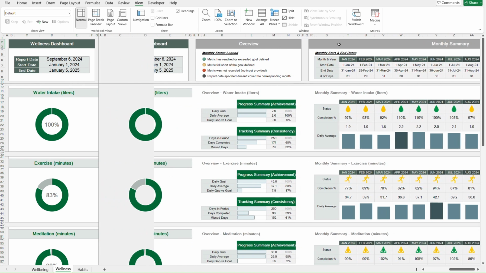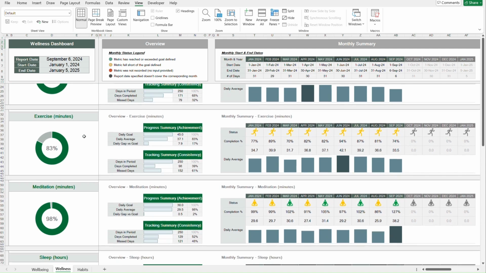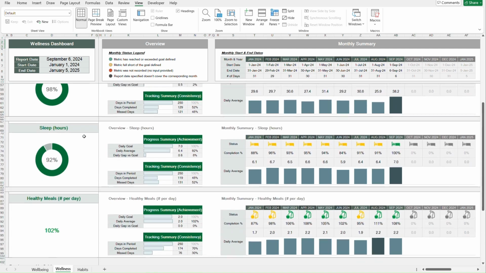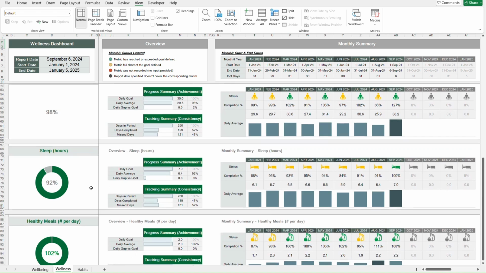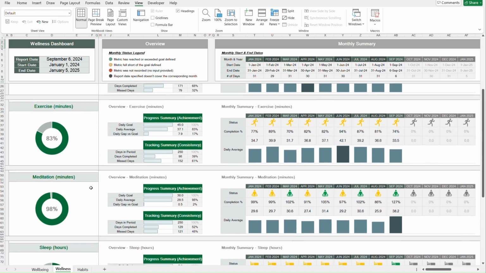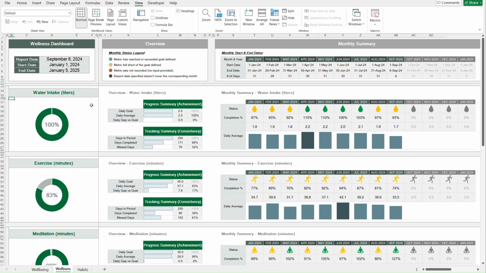Notice now that the second section of the dashboard, the metrics section, is implemented in the rows, so it goes horizontally rather than vertically. And also see that each one of the 5 metrics, water intake, exercise, meditation, sleep, and healthy meals, follows the same structure. So let's use water intake to illustrate how this dashboard works, and the same logic will be applied to the other rows and metrics. First element is the overall summary,